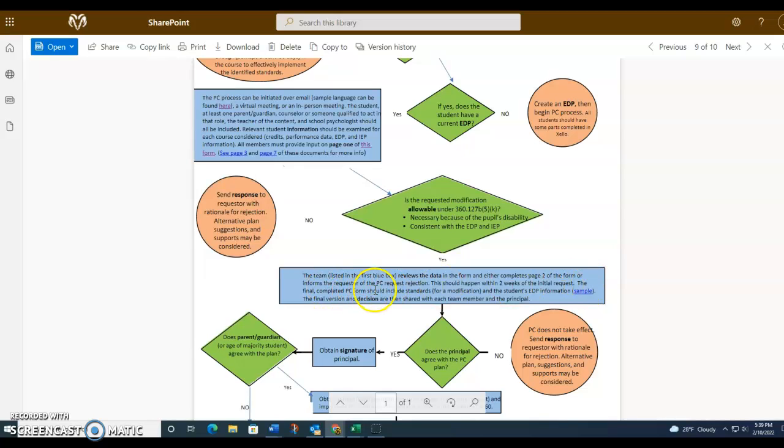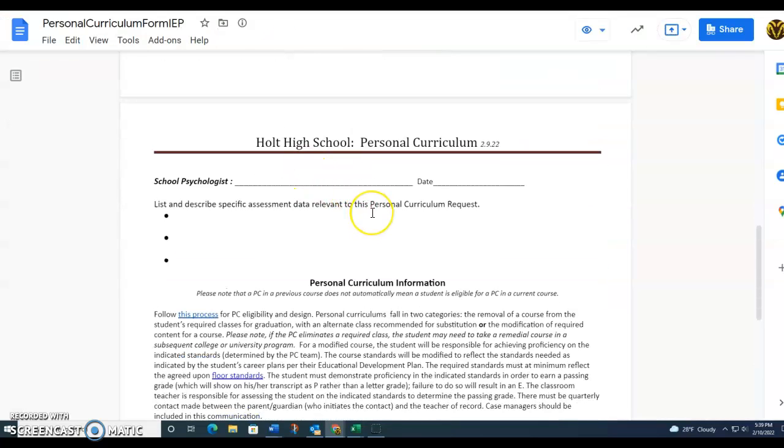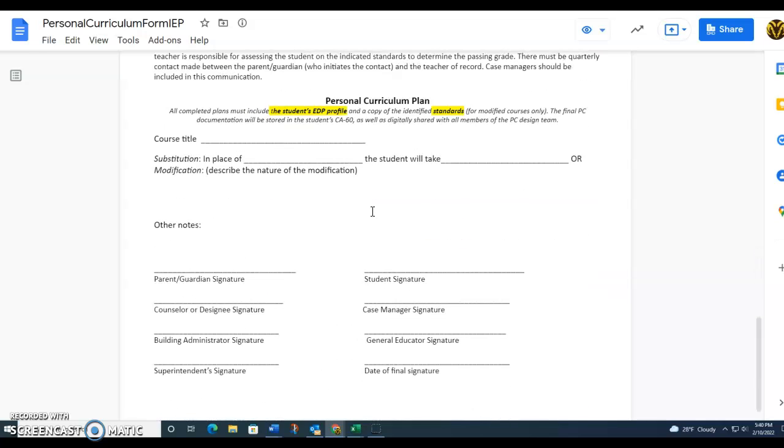The final completed PC form should include the standards if it's a modification, as well as the EDP information. There's a page that's sampled in here for what exact EDP information we're looking at. So when all is said and done, the team gets together, they look at page 1 and a little bit here of this form. Then they would come down here and determine if it's a substitution or what the modification would be, take notes as far as what they discuss, include the EDP profile and standards, and then that package